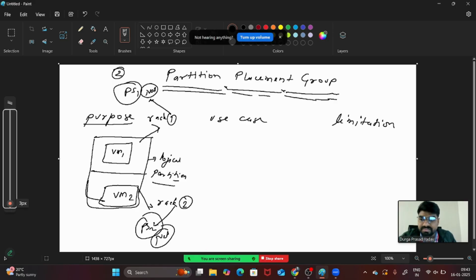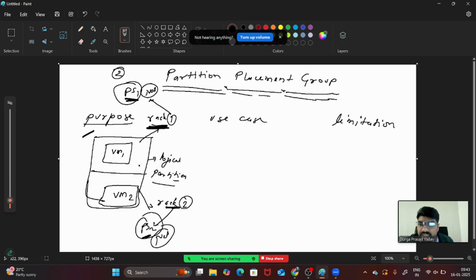In a data center you will have multiple racks, and each rack has a different power supply. Let's say rack number 1 has power supply PS1 and rack number 2 has power supply PS2.